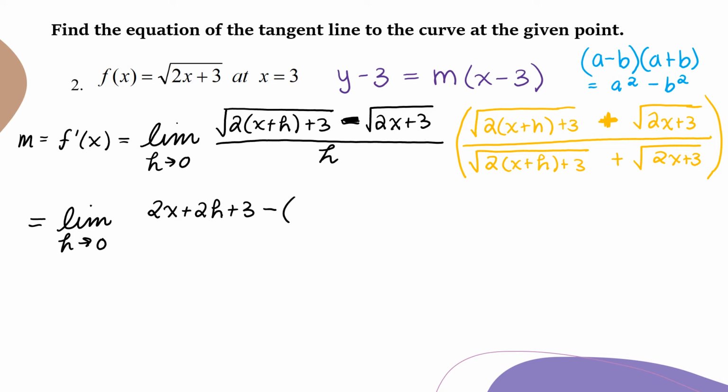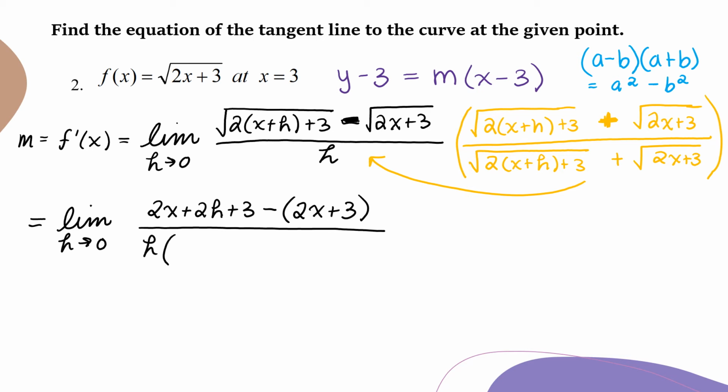And again, squaring a square root removes the square root. So we have 2x plus 3, all over, don't forget to distribute this guy to your h. It is frequently lost. So we have h times the quantity, the square root of 2x plus 2h plus 3 plus the square root of 2x plus 3. And now we can do a bit of simplification. 2x minus 2x subtracts out, and 3 minus 3 subtracts out. And we're left with the limit